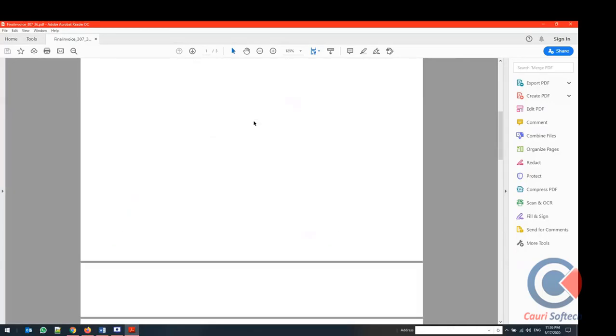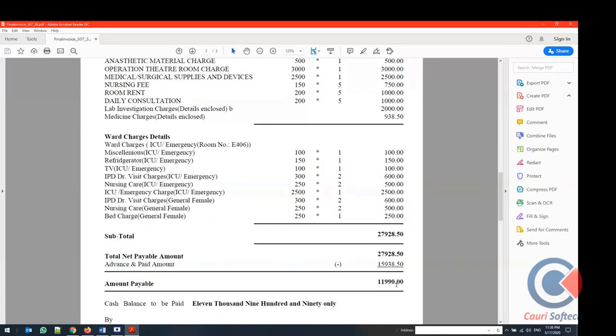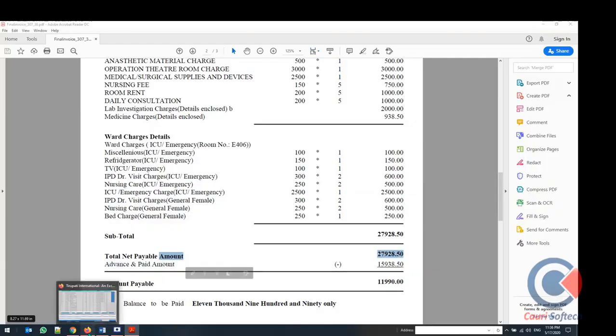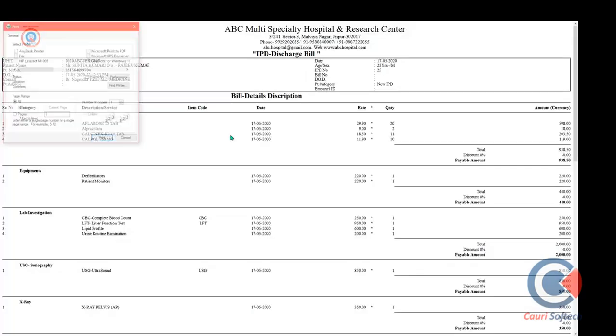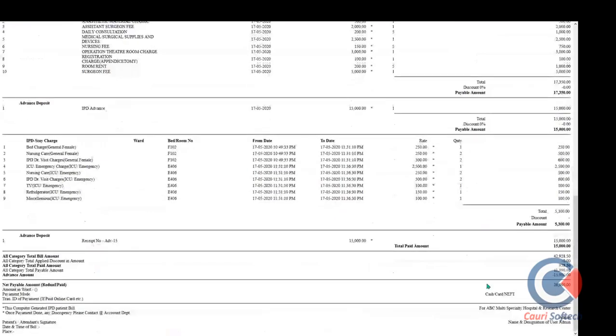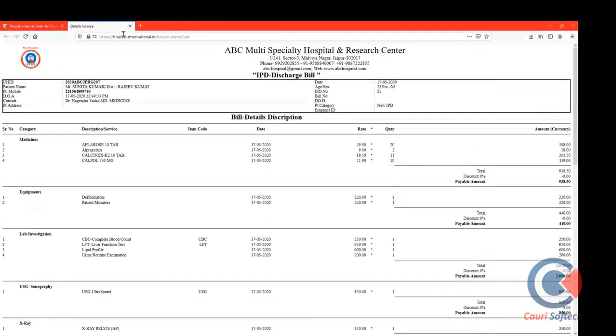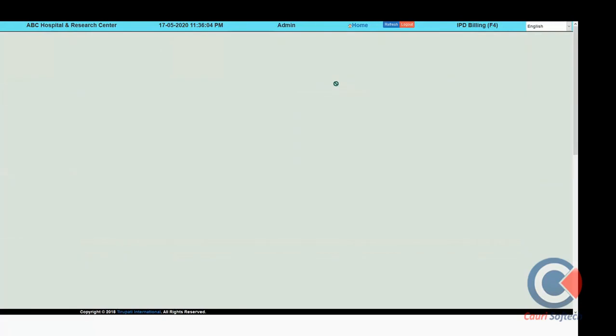You can see here all the details of the patient services, particular itemized code detail and total bill amount, and all the detail of previous paid amount coming here. If the patient requests a detailed bill for all services, we can click on the detail services. So all detail services, category wise, date wise, services wise, you can get the same detail information and previous paid amount information. All the detail can be accessed. This is the type of different billing format. So this is the IPD billing system of a patient.